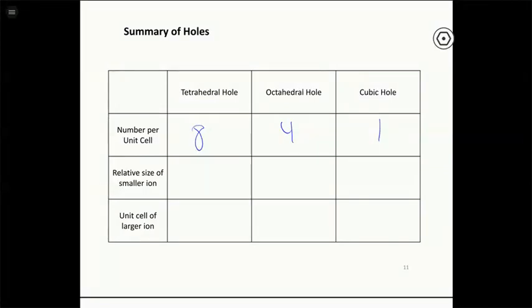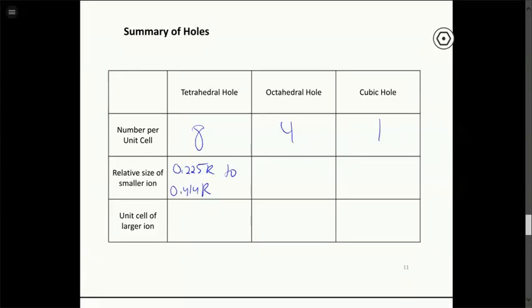Now in terms of the radius of the ion that occupies them, we calculated the limiting radius by doing those derivations. So what really happens in this case is if we have an ion where the radius is 0.225 r up to 0.414, it's going to occupy the tetrahedral hole. So in other words, that number that we derived, 0.225 r, that's the smallest cation that you can put in there. And then if it goes up to 0.414 r, it's going to still occupy that same position. So it's basically going to stretch out the structure a little bit. It's going to have to force open that hole a little bit. But it's going to go all the way until 0.414 r. But once it gets to this limiting value, that's the crossover where it's going to start occupying octahedral holes.